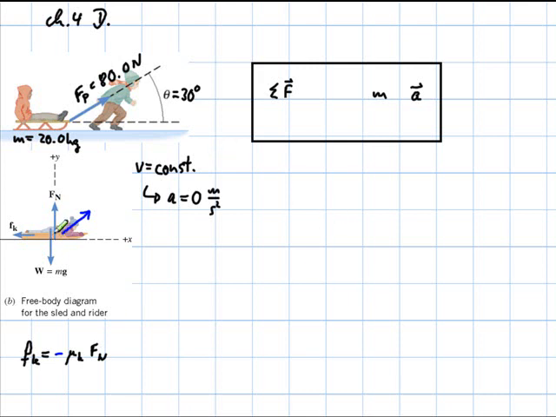So let's see if this works. The reason is that as we're pulling the sled up, the surface actually is supplying less force, so there's less normal force from the surface. So this one should be shorter, and then again, if you put all these four vectors together, you come out with a net force of 0. Okay, let's see what else we need. As far as the forces are concerned,